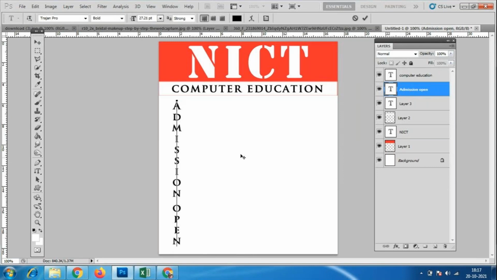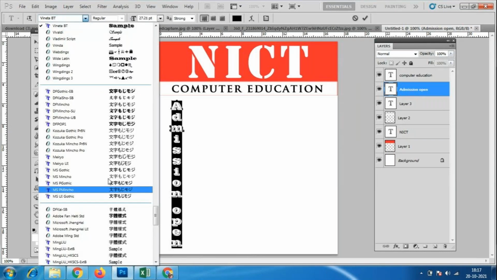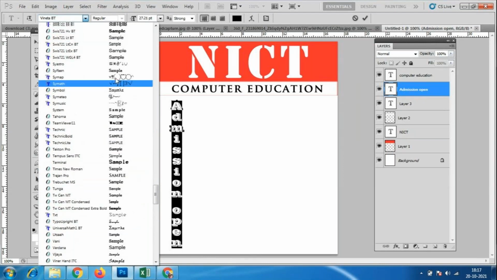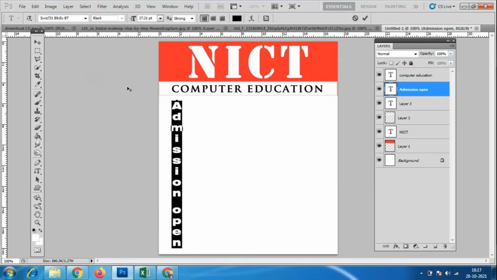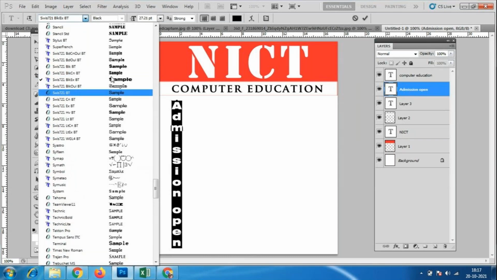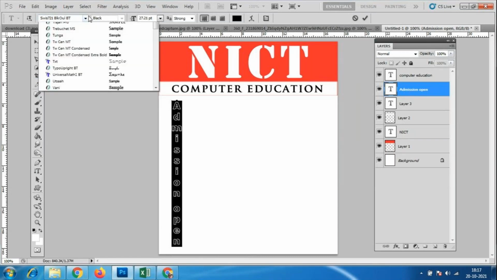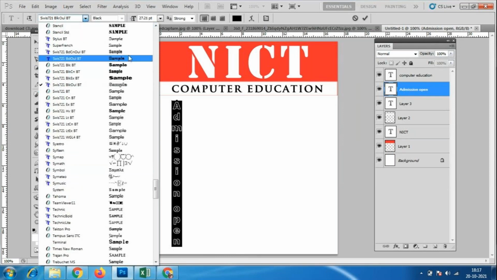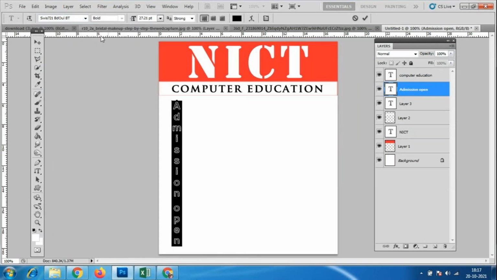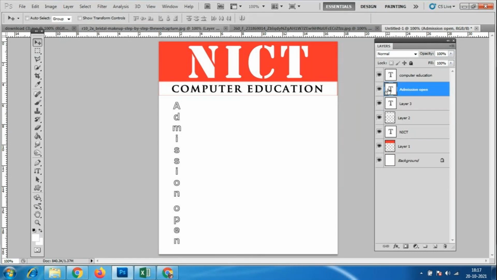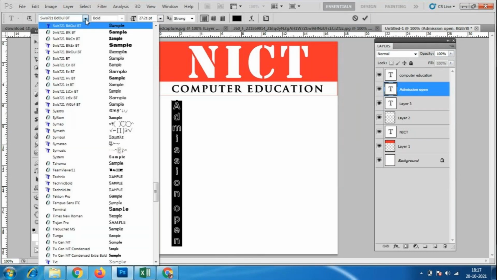If I want to do any changes with this text, here I can give some fancy text. Like this, you can select the text. Always you have to select the layer and press T, and you have this option.